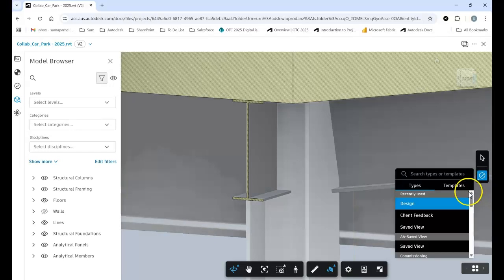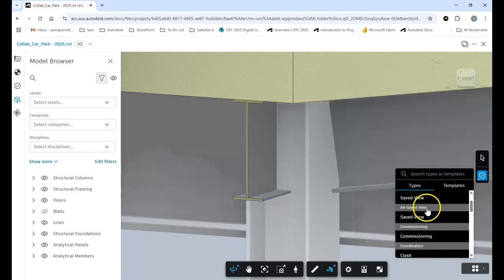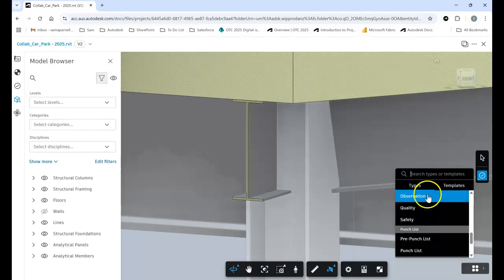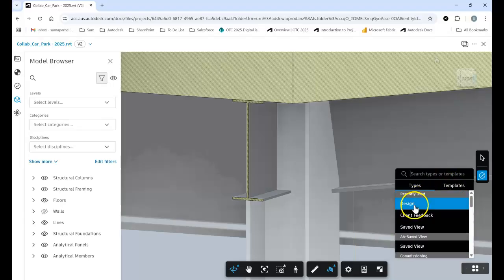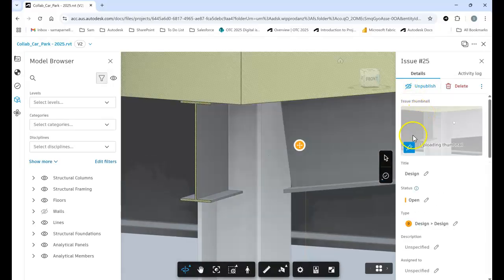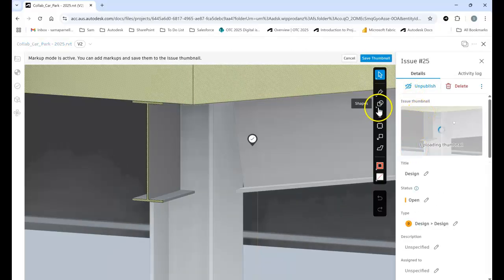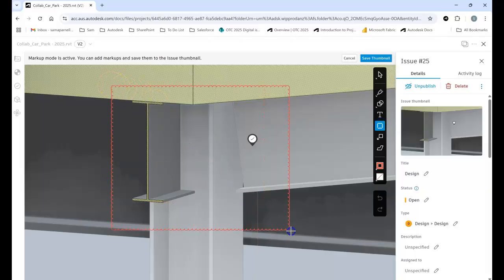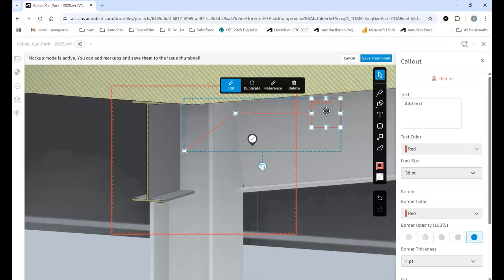Again, we go through the Issues button here. I can select one of the predefined issues, or I can create my own template. Today, I'm just going to go through and add a design issue. Same as before, we can go through and add in a markup. I can add a cloud around the issue that I want to flag. I can add some text. Steel detail